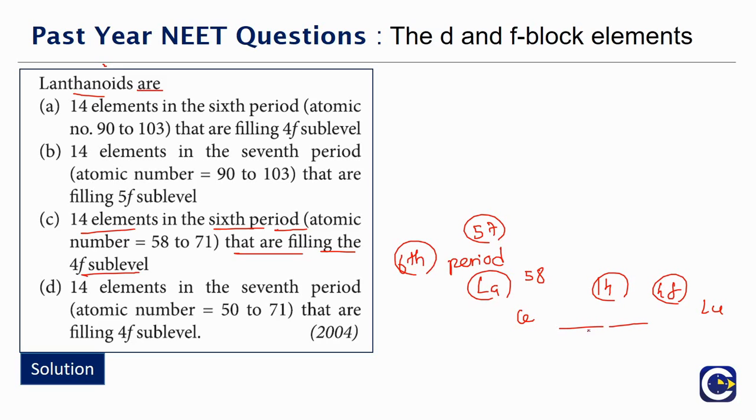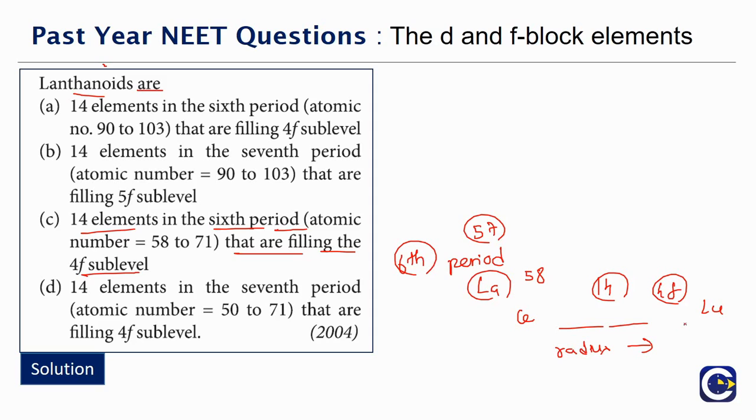peculiar properties that these elements will exhibit in terms of chemical reactivity and sizes, everything being almost very close to each other. And since the electrons are entering into the poorly shielding f subshell or f orbitals, we also see a contraction in the size of these atoms as we move from left to right. So as we move from left to right, the radius is going to be decreasing, and that's what we call the lanthanoid contraction.